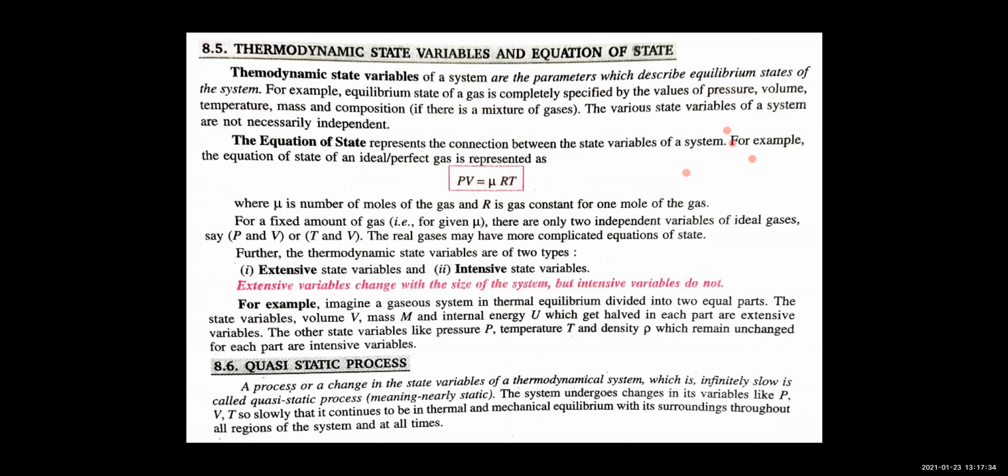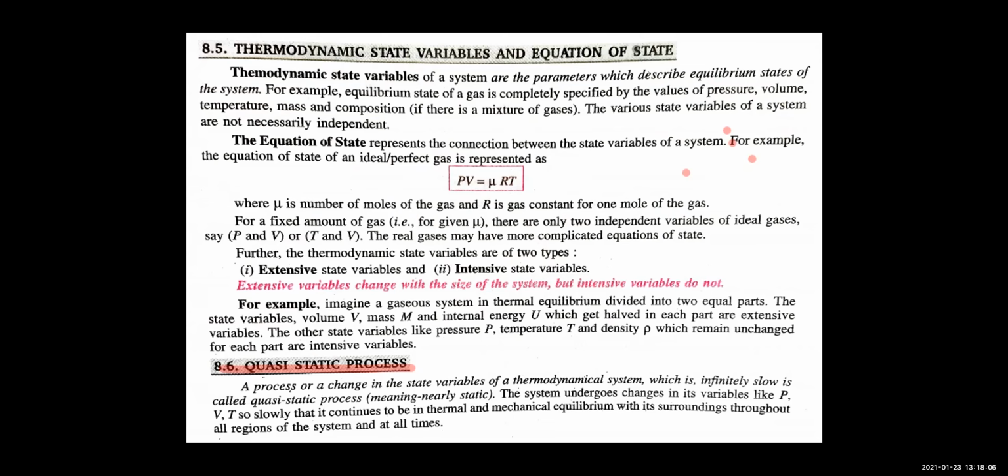Your pressure, your volume, your temperature, they are changing with time. So that will be your thermodynamical processes. Before going to the thermodynamical processes, we should know a term that is quasi-static process. So children, a quasi-static process is a process which takes place very slowly. Means it is a process which takes place in infinitely slow steps.